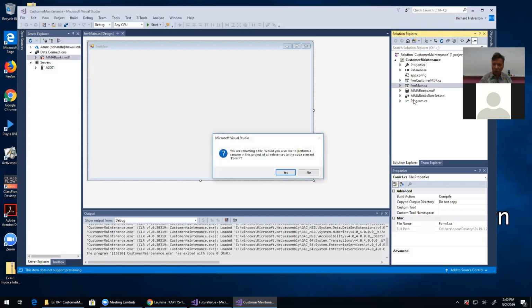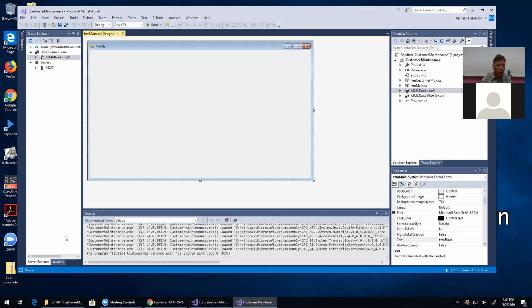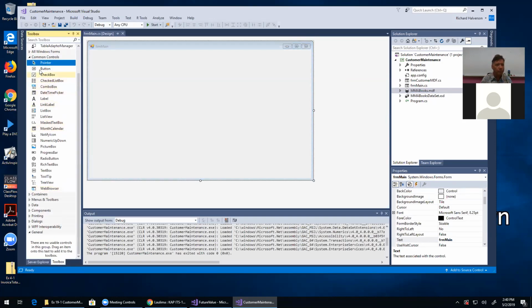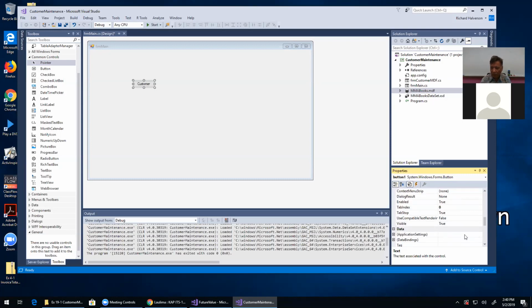So it looks like that. Renaming, yes, I'd like to rename everything. Okay, so now that we have the database one called MDF, form customer MDF. Okay, so here's my main form. So I'm going to pop over a button, and I'm going to make the button text be Customer Database MDF, and the name of the button is going to be